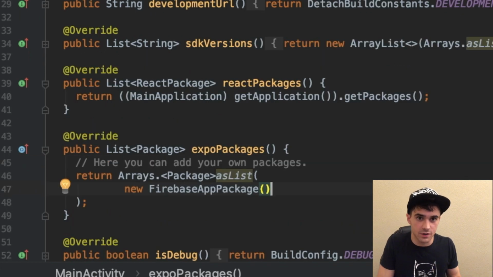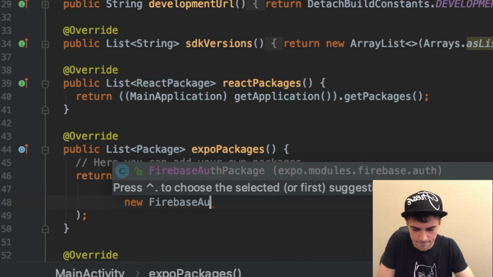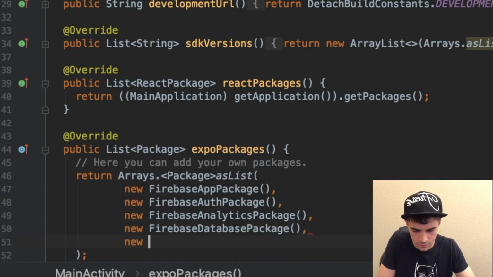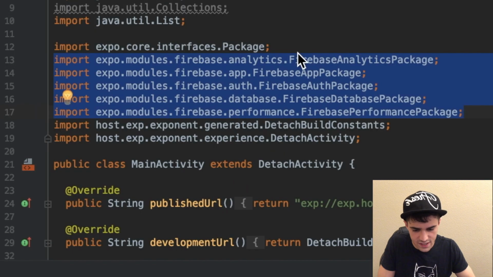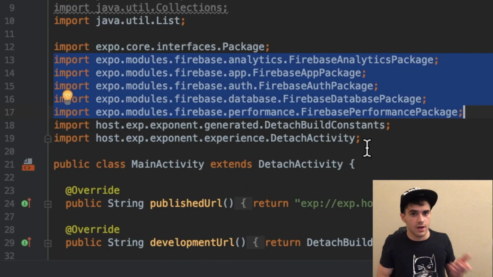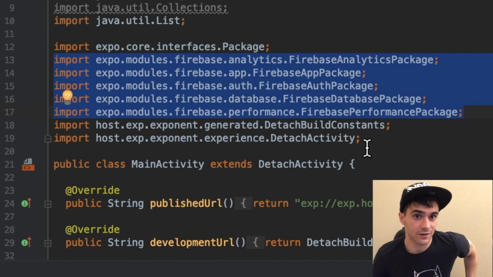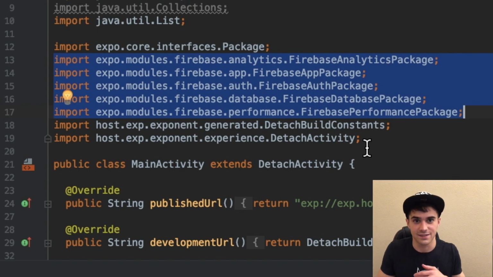So the reason you want to use Android Studio as opposed to something like VS Code is because when you add these libraries, it will automatically import those statements at the top of the file. If you don't use Android Studio, then you will need to manually write those imports at the top of the file yourself. I can show you what those look like here in a second. So right here we have the imports that you'll need to include if you don't use Android Studio to write these, although I definitely recommend that you do use Android Studio as you need it to build onto the Android